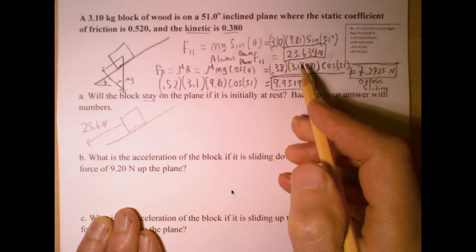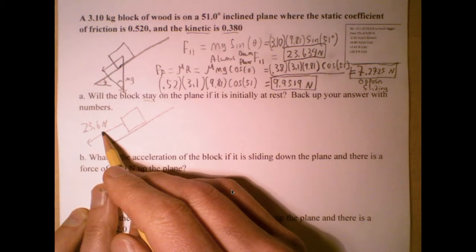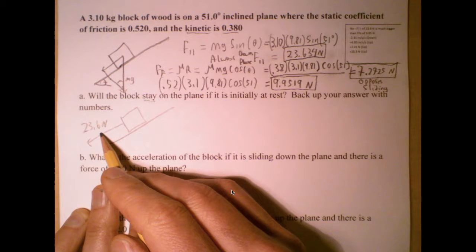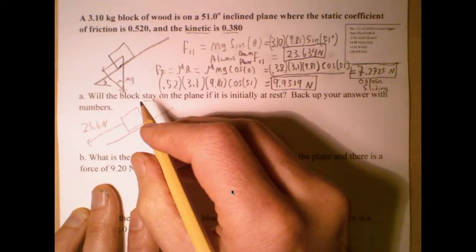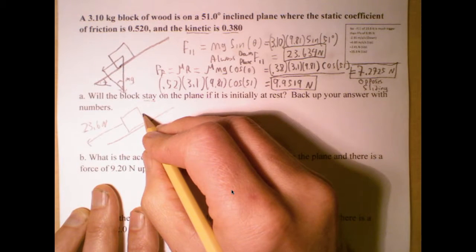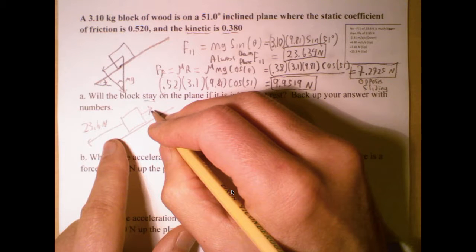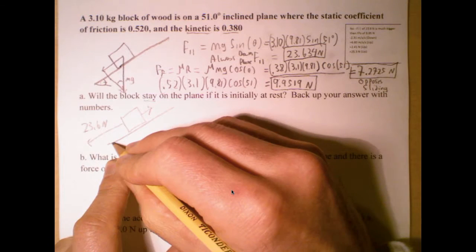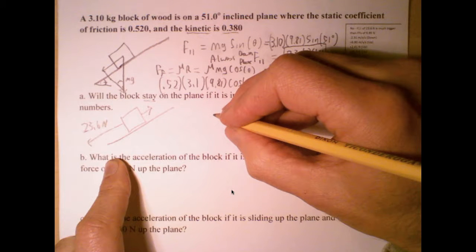Right, that's our parallel component of the force of gravity. That force acting down the plane is much bigger than this static friction force. I'm sorry, static force, not static kinetic. And so really the thing just doesn't have a chance. It's not going to stay on the plane because the plane is actually much steeper than I've drawn here. So no, force parallel is bigger